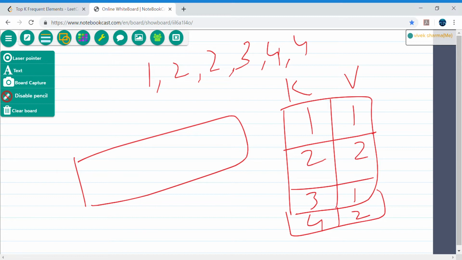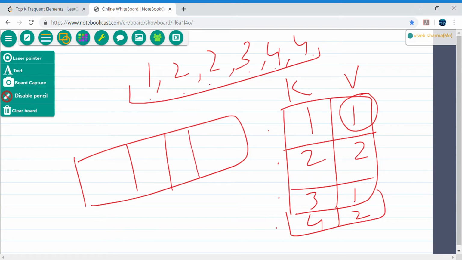So what I mean, for example, this frequency is 1. What I can do, let's say the total elements are 1 2 3 4, right? So the total number of unique elements is 4, but this nums, its length is 1 2 3 4 5 6, total is 6, right? So what I can do, I can just